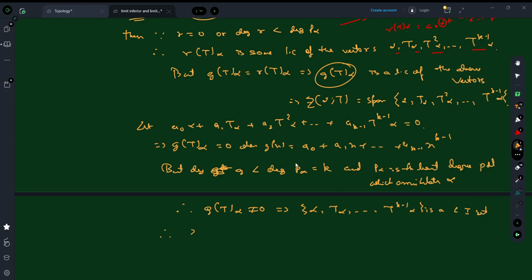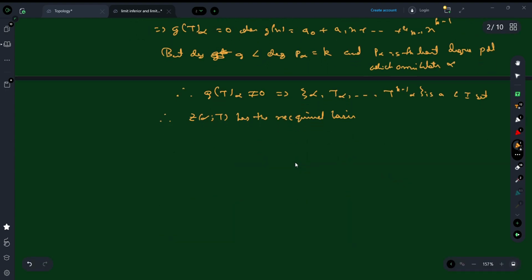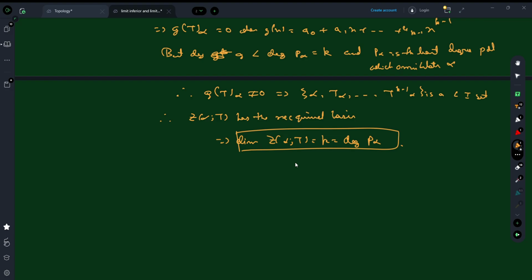Therefore, Z(alpha; T) has the required basis, right? It has the required basis. And if it has the required basis, then that typically means that the dimension of Z(alpha; T) is equal to k, which was assumed to be the degree of p alpha, right? Okay. The third statement is very simple to observe, because if you consider a linear operator on Z(alpha; T), which is induced by T,